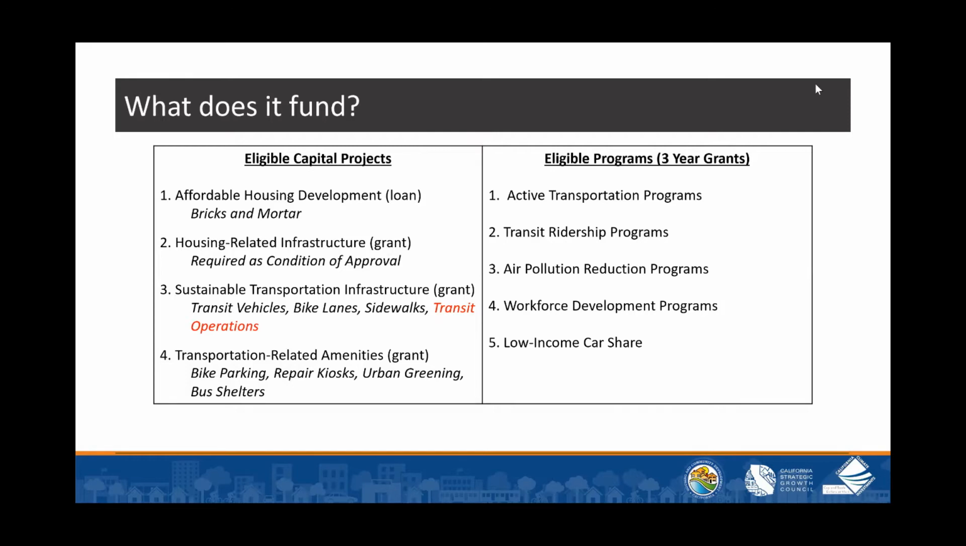So what does the AHSC program fund? We have eligible capital projects, which are affordable housing developments, basically loans for brick and mortar. We also have housing related infrastructure grants, which are required as a condition of approval. And we have the Sustainable Transportation Infrastructure Grant, which includes transit vehicles, bike lanes, sidewalks, and transit operations. And we also have the transportation related amenities, which is also a grant for bike parking, repair kiosks, urban greenery,